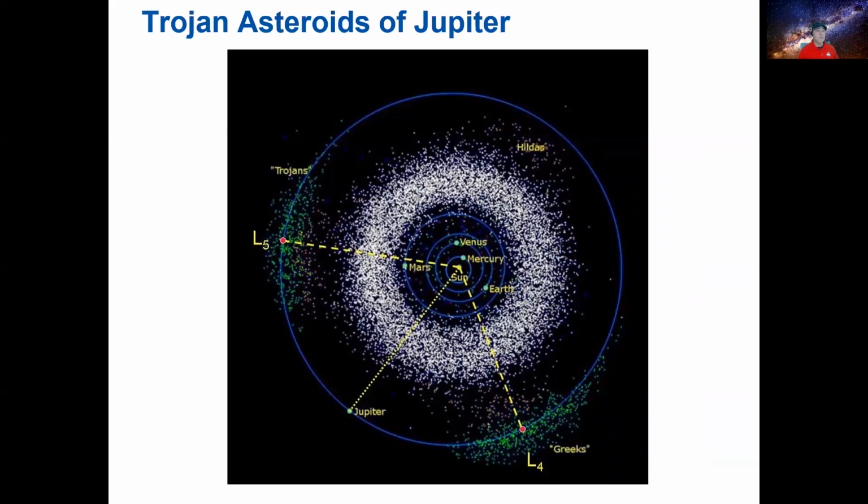Trojan asteroids are those that follow an object at the L5 stable Lagrange point. In this case, the Trojans are following Jupiter at the L5 position. Greek asteroids are those that lead the object in the also stable L4 Lagrange point. A third family of asteroids can be seen here. Those are Hilda asteroids, which move in elliptical orbits so that they are located opposite Jupiter at the position L3 and ahead or behind Jupiter at the L4 and L5 positions.